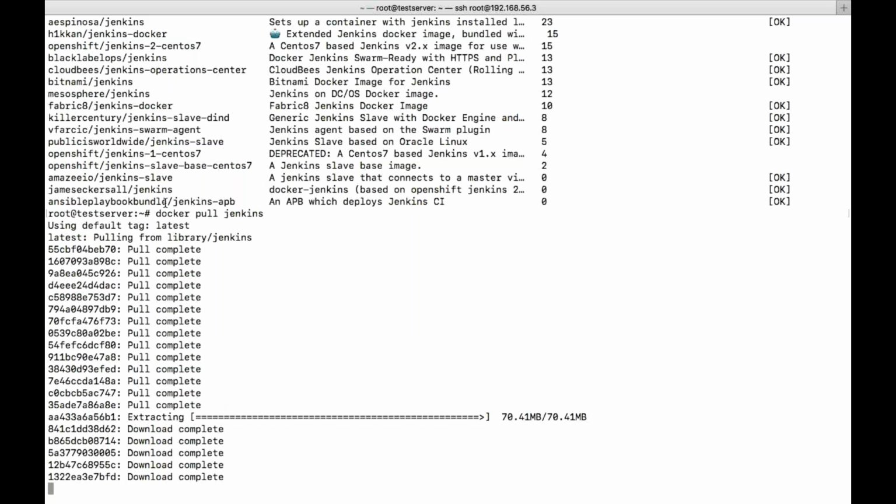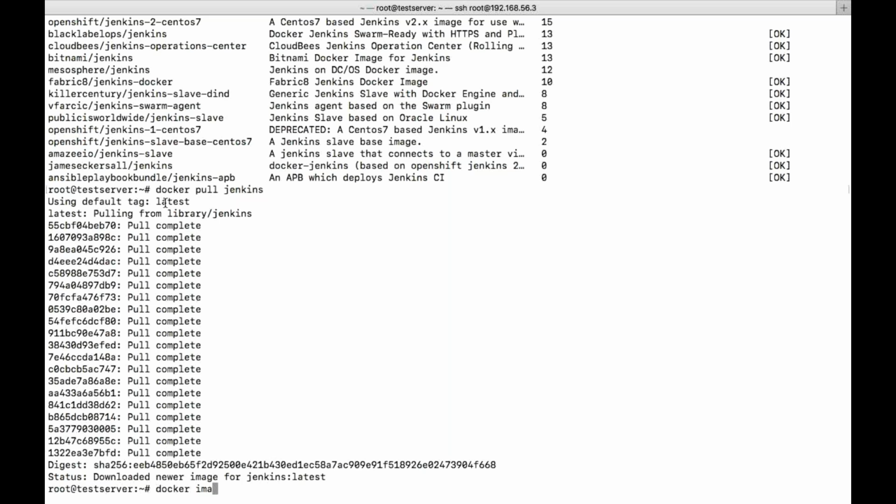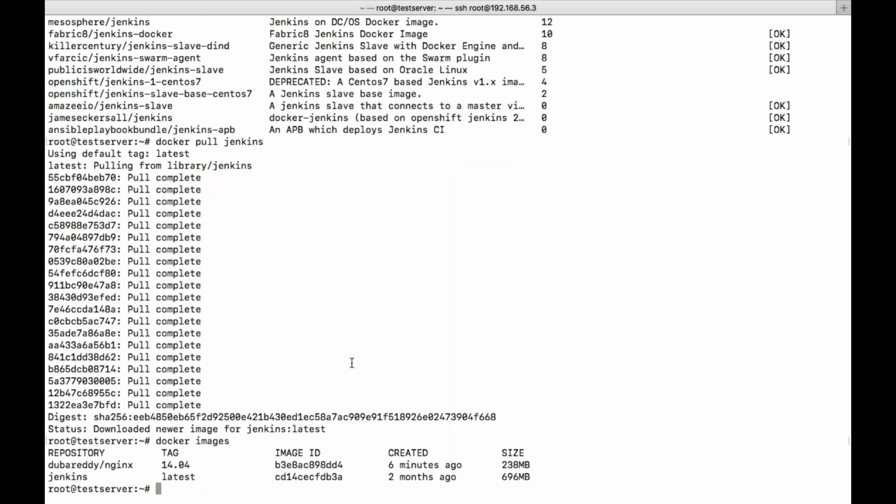Now the image has been downloaded. You can see the image, 696 MB. It was created 2 months ago. So let's try to create a container using this image.